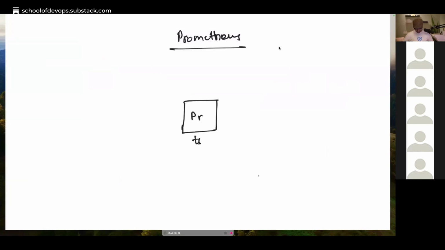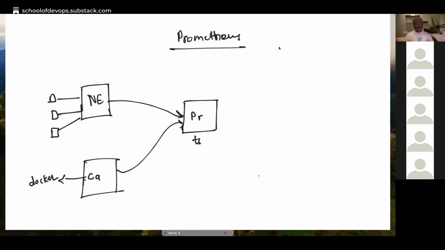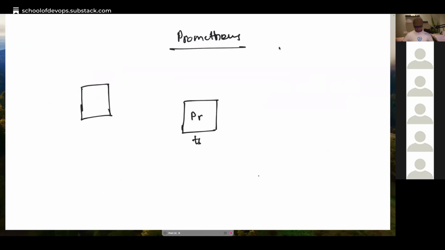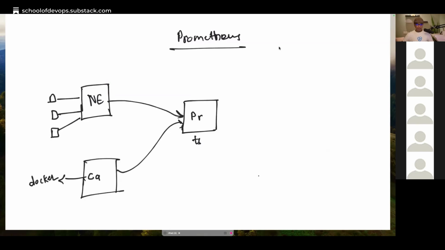And a good example that I typically give is Prometheus. Let's say you want to launch Prometheus. You have multiple services that talk to each other. It's not one single tool with Prometheus, right? So Prometheus is a time series database. Then we have Node Exporter, which collects the data from everywhere. Then we have